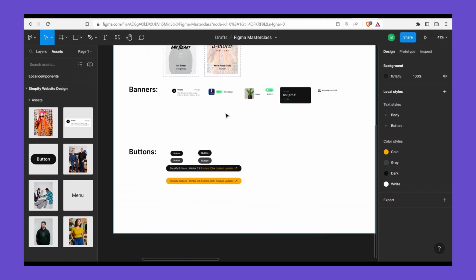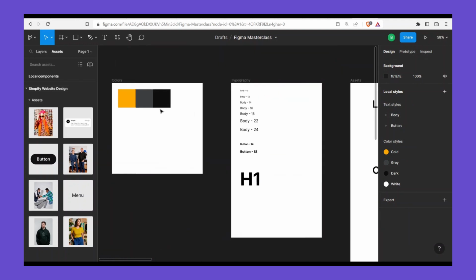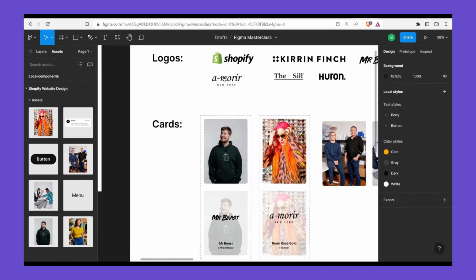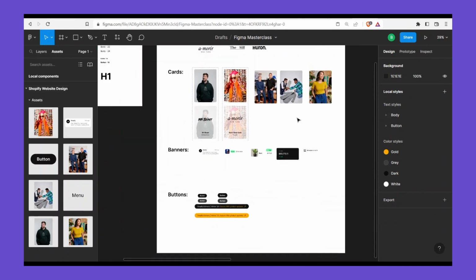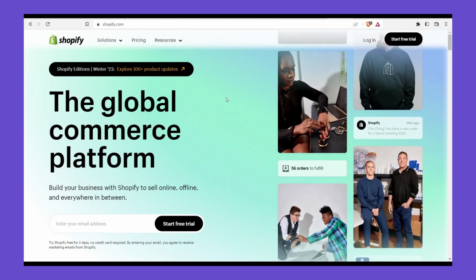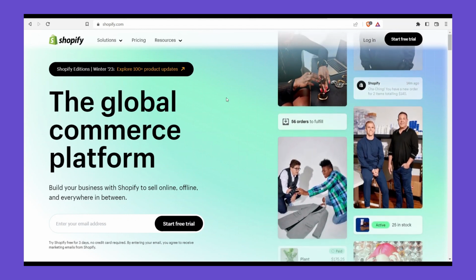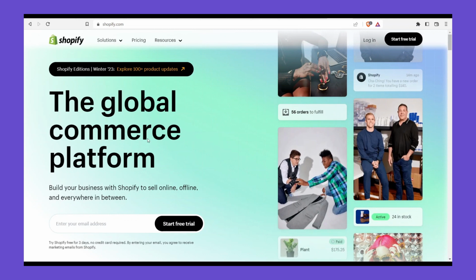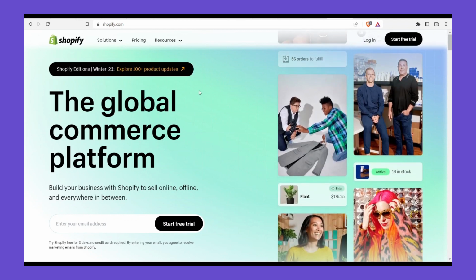Okay, so now we have taken care of all our assets, taken care of the typography, and we've also taken care of the colors. Now we move into designing the website itself, which is what we are all here for. You can see this website is a very complex website. It's not a simple website like any other website that you can just easily replicate. Shopify websites, they've done really amazing work on this website,